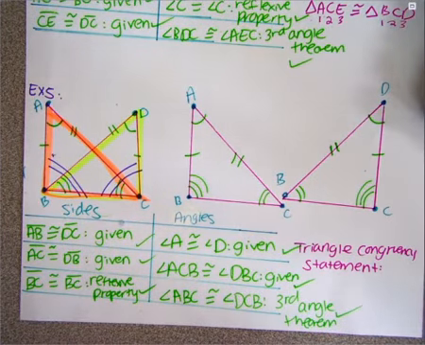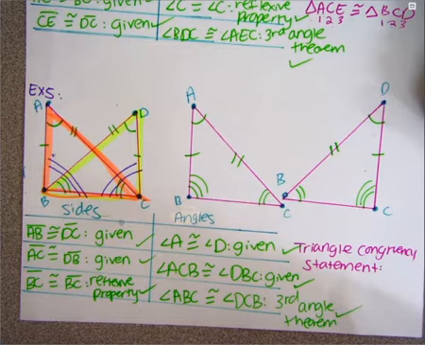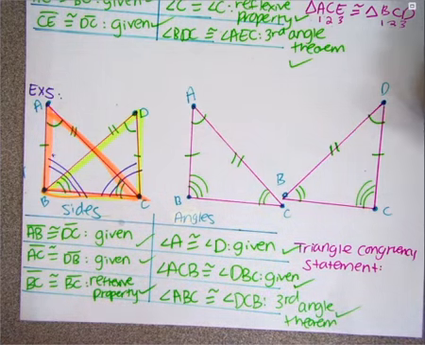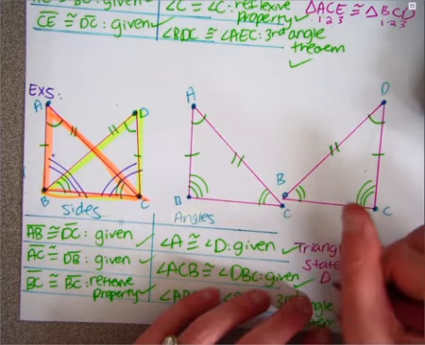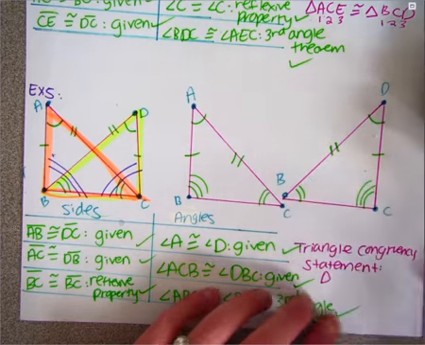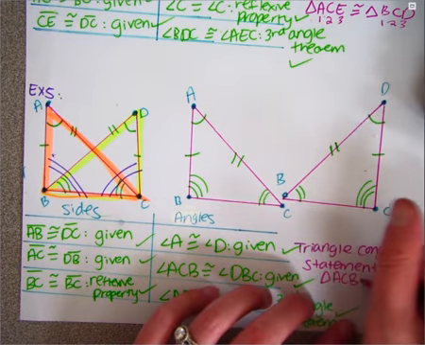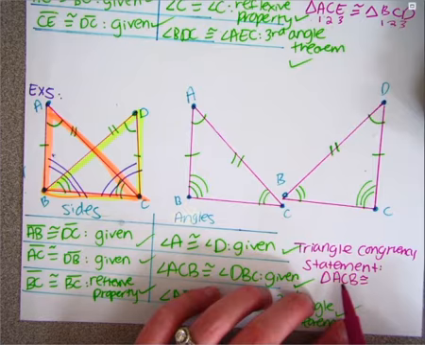Okay, so now that I've proven 3 sides and 3 angles are congruent, that means my triangles are congruent. So I need to write my triangle congruency statement. Again, it does not matter how you name the triangle. So I'm going to call it triangle ACB. Why not? ACB. Okay, so again, I like to number these because that helps me kind of visualize what's going